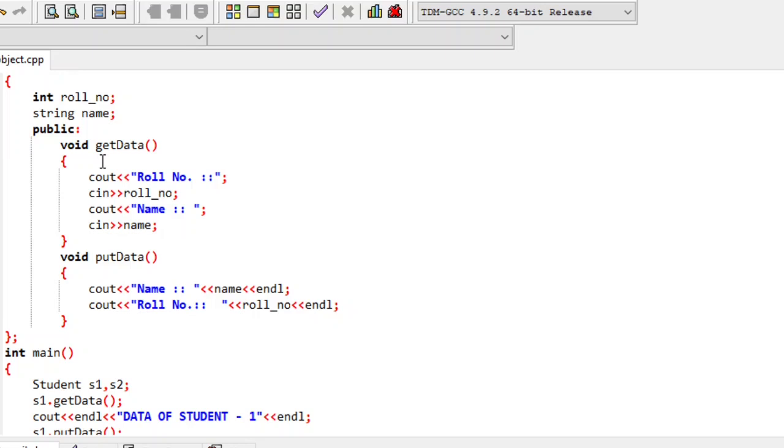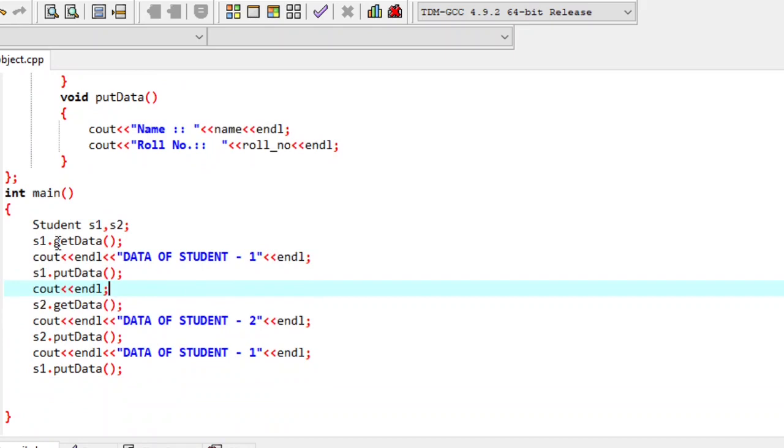Get data will input the value and put data will print the value. There are two different objects in my main function, s1 and s2. So the main thing is, s1 will not conflict with the data of s2. So we will run this.